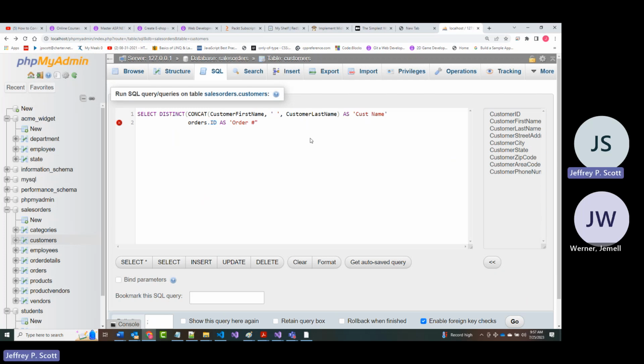All right. Now we're getting errors here. It doesn't understand what we're doing. Why? Because we haven't picked out tables yet. So from customers, and we'll call the customers table C for customers. All right. And we're going to do a left join, which means show me everything from the customers table and only things from the orders table that match. So left join